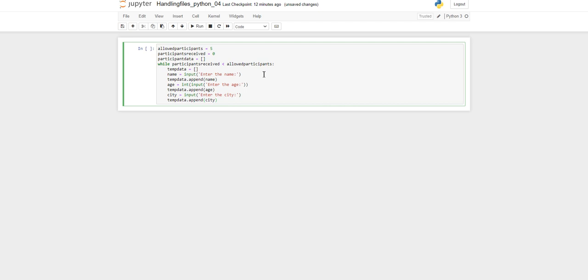Now what we will do, so we have got the temporary data. Now we will append it to our main list. Our main list is participant data dot append of temp data. So this will be a list inside a list, and we have to increment this participants received.